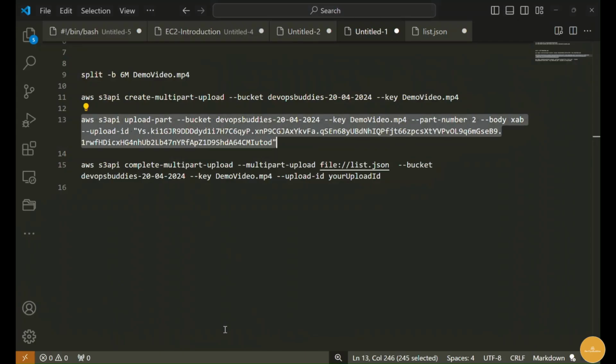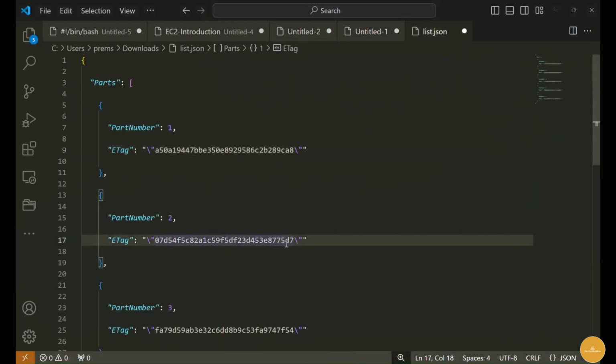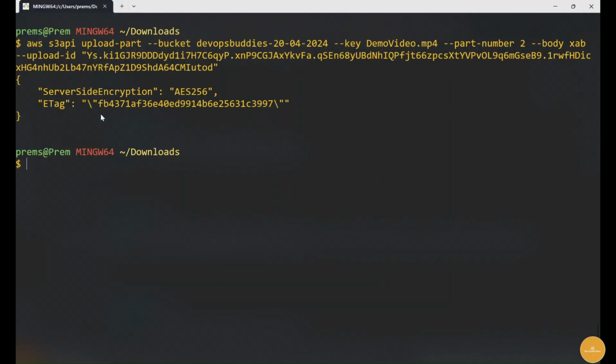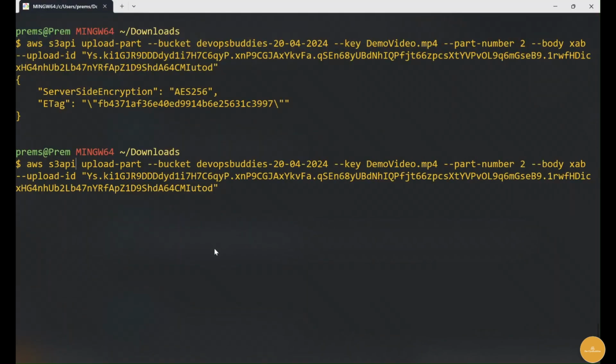I'm just copying this and pasting into the second part. So it starts with FB4 and ends with 997. Perfect. Saving. Similarly, we can generate for the part 3 body. So right now we have 5 parts, right? It's named XAC. So I'm just pausing this video for a while. Once I generate part 4 and 5, I'll show you all those responses and then we'll work on the next